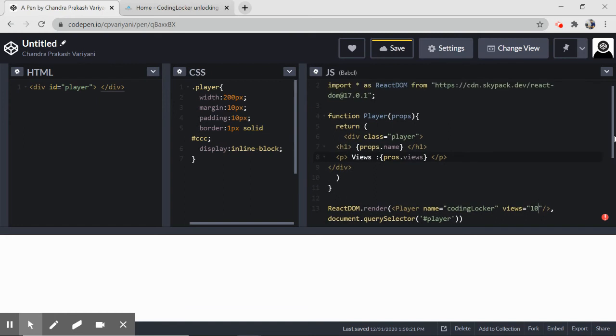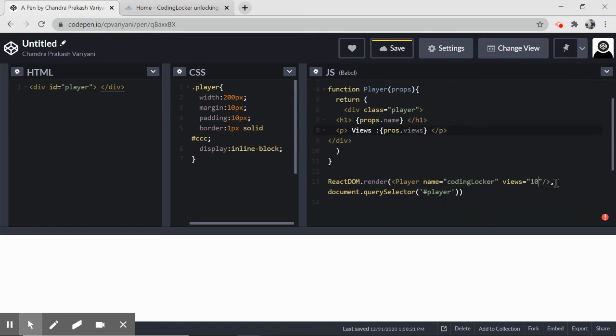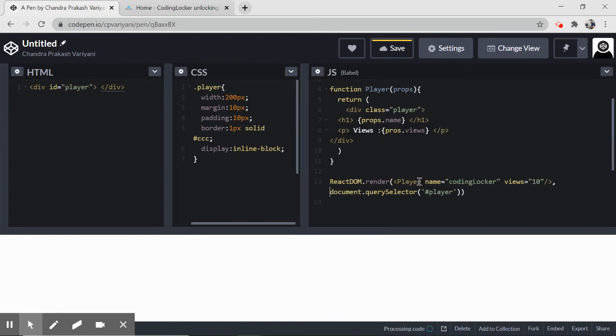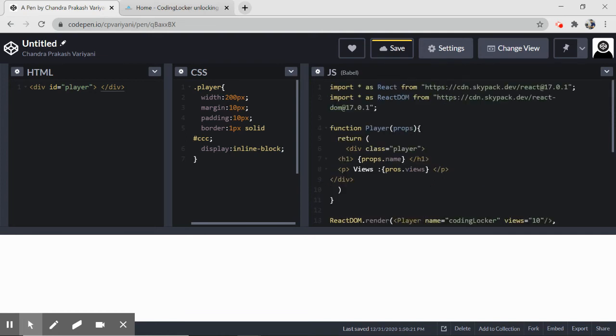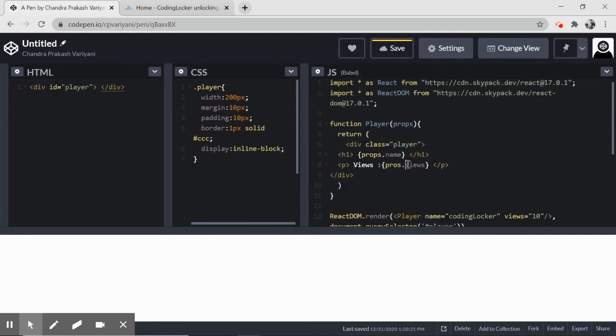We do not, because we can see some problem here. Let me find out what the problem is first of all. Okay, name equals coding locker, views equals 10. It seems to be fine to me. What has happened? Let me figure it out. Okay, props.views, that's fine.